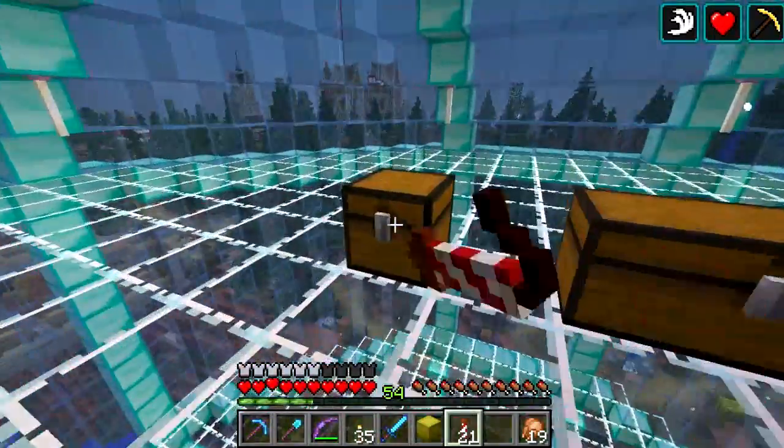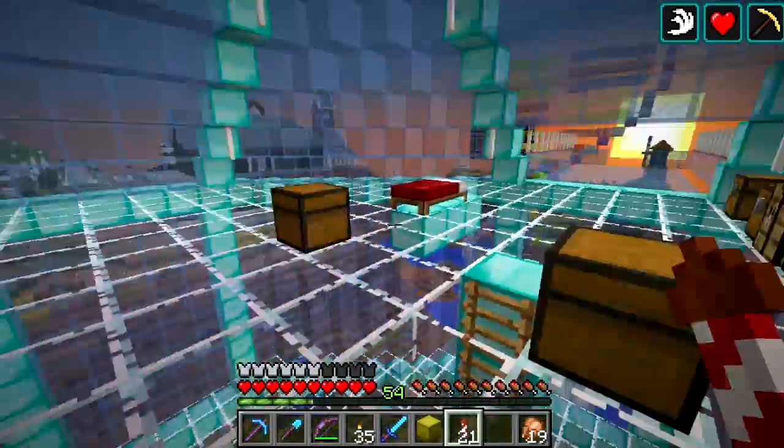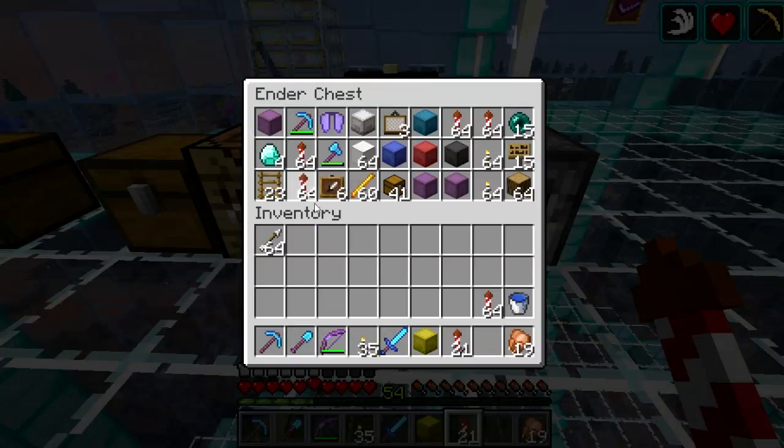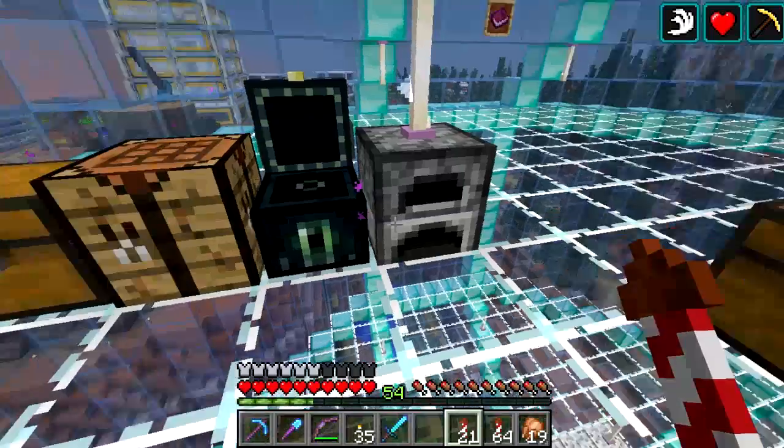Alrighty, what do I got here? Got a bunch of flight duration 1s. I may use them eventually, but let's see. Yeah, I got some 3s in here. I'll just stick that in there. Alright,